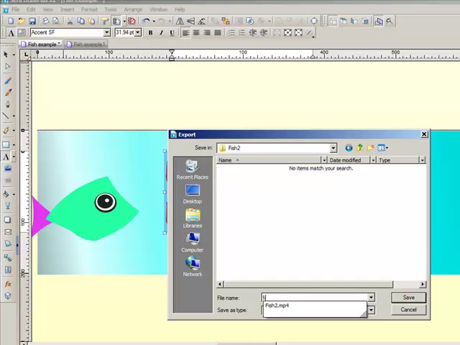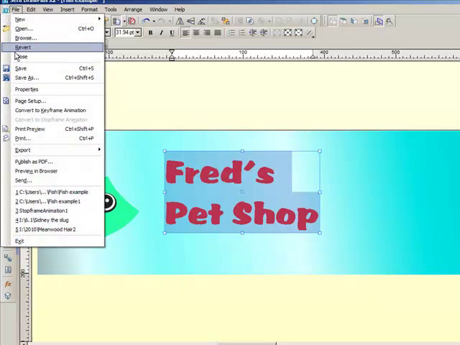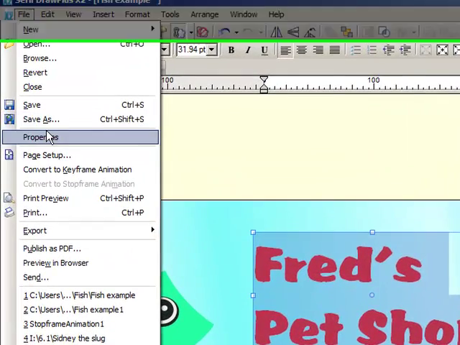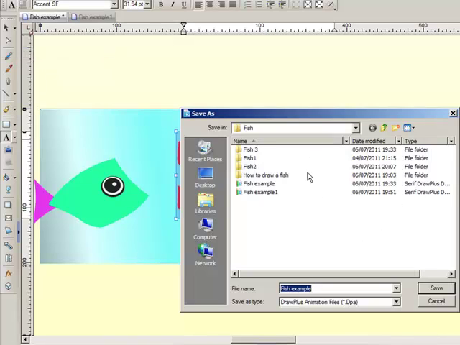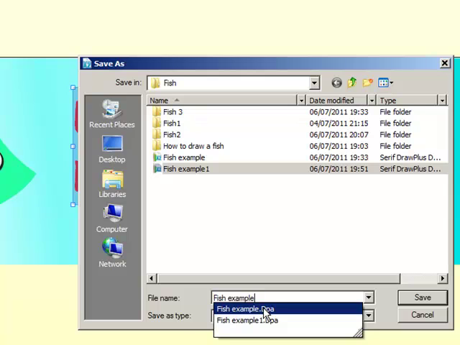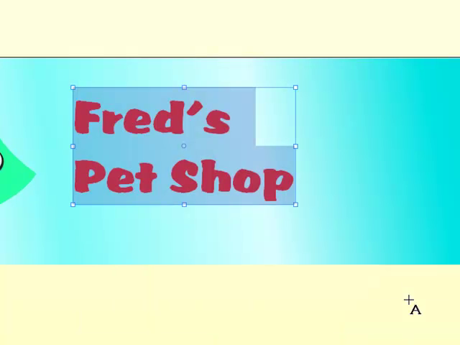Okay, Fish 2, and let's click save. Right, so that's saved as a GIF, but it's not saved as a Serif project. And again, it's always good practice to save your project as something you can go back to. So save fish example 2, and then I can always go back and edit my own project. But if I want it to appear in PowerPoint, on my website, in other applications, I need to export